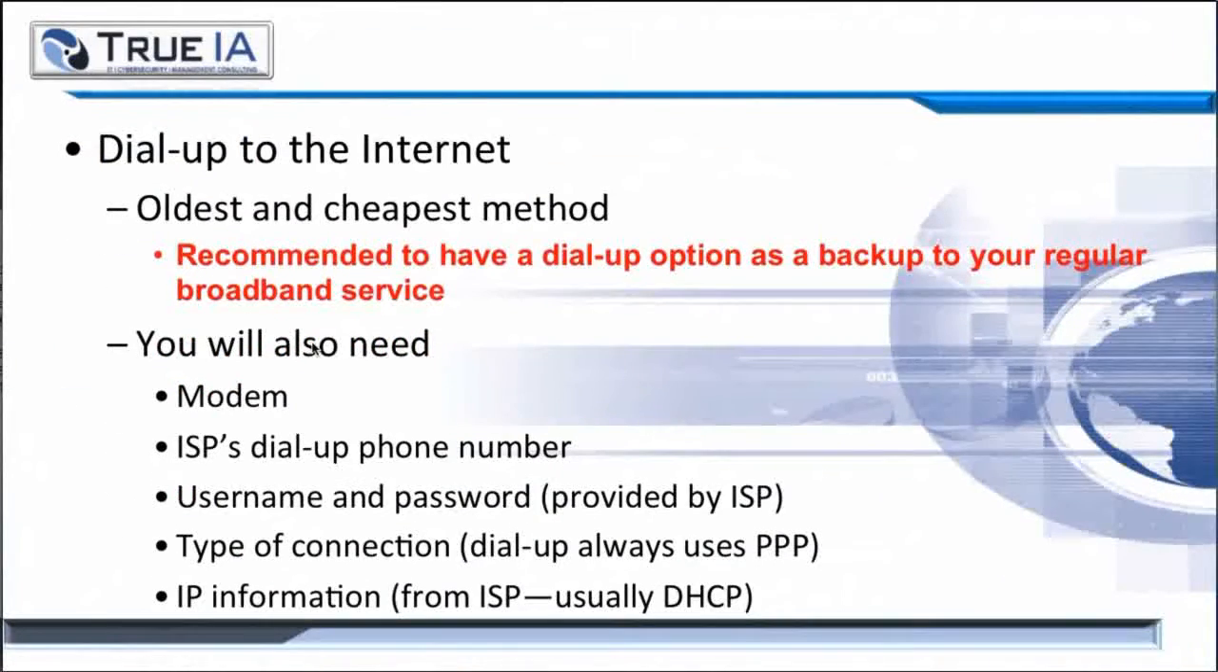Starting with the dial-up to the internet. It's probably the oldest and the cheapest option available. To do this, you simply need a modem, an ISP, a dial-up phone number, a username and password, and some type of specified connection. Usually with dial-up, it's going to be PPP, and then your IP-specific information. Again, your ISP will provide you this. It'll usually be DHCP,